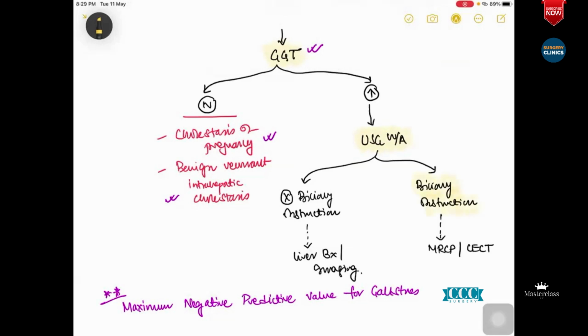Now, obviously, it will tell you whether there is cholestasis or not. So then you do your MRCP and find out whether it's a CBD stone or a malignancy. Now, if there is no biliary obstruction, there is probably something in the intrahepatic cholestatic component, which you need to find out via liver biopsy, which is a medicine thing. The gastro people will do it, or it can be picked up on your imaging.